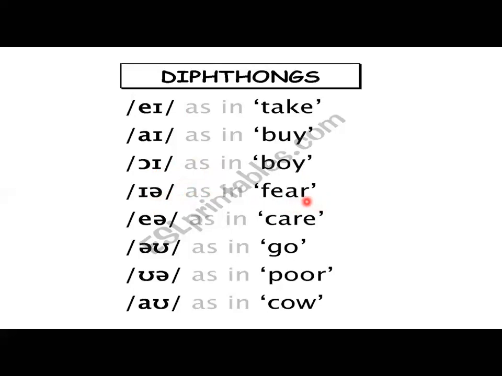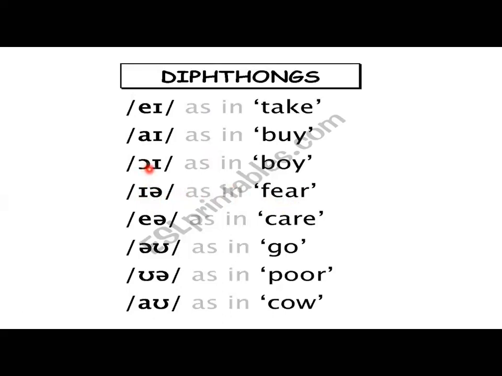In both of the words you will find this pronunciation. Ear, a diphthong, is used, as in here, tear, or fear. So ear is a diphthong. Diphthong means a combination of two sounds. Here you can find the combination of e and a, and the combination becomes ear, and fast we say ear.